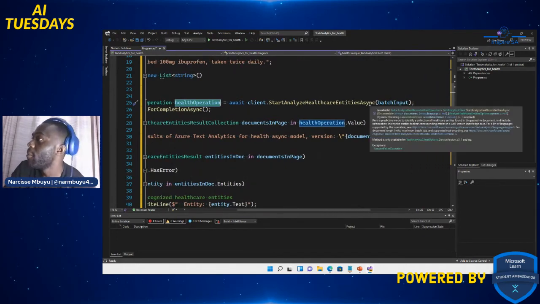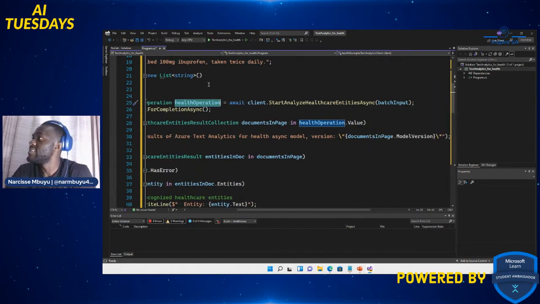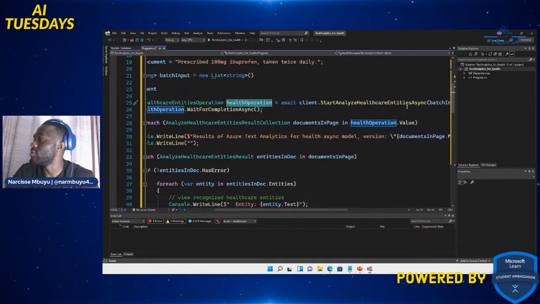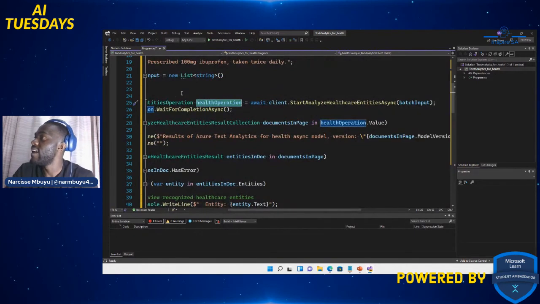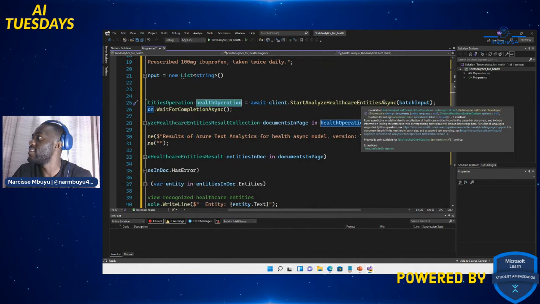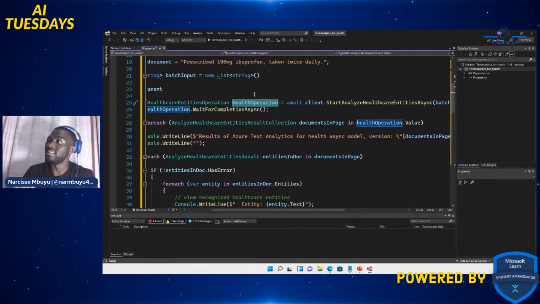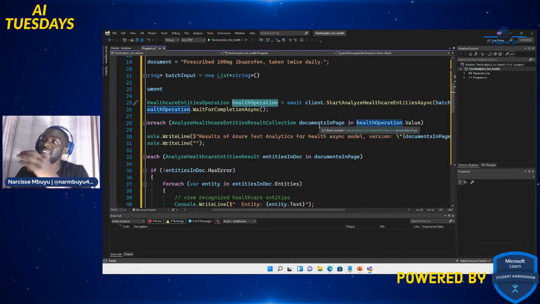So now we want to start analyzing the list that we put. The name of our list is called batchInput. So it's gonna start analyzing everything in the list that we have. StartAnalyzeHealthcareEntitiesAsync. So they work hand in hand. It's gonna create the list first, and then after creating the list, it starts analyzing. If it doesn't create the list, you're gonna get an error. It has to finish and then you start analyzing.